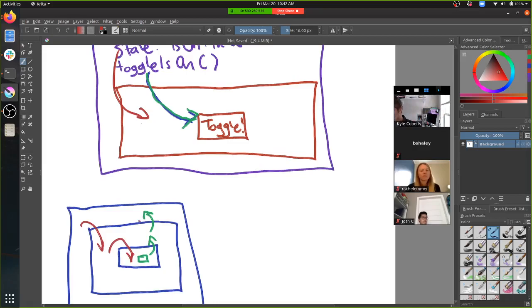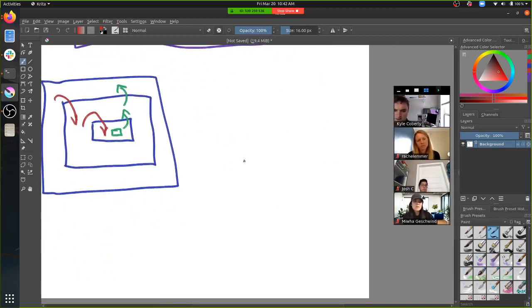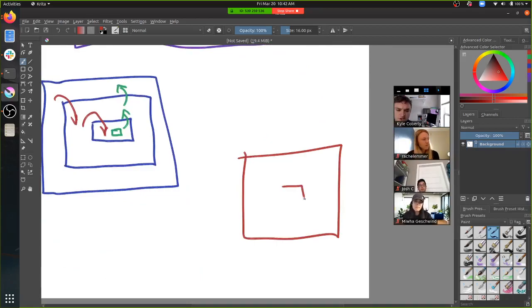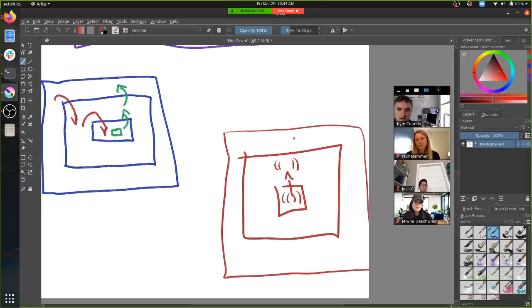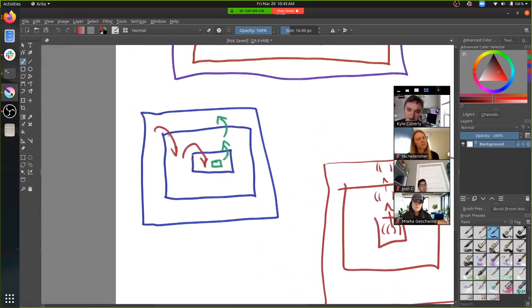So if these are just DOM elements and I click here, that goes up so that I also clicked on this. And if there was a component or a DOM element around that, I also clicked on that. And so I can put event listeners on any of those. If you remember, that's how event delegation worked, where we're just putting the event listener on a higher level element. That's exactly the same way that it works in every other framework, where these inner components can emit events.